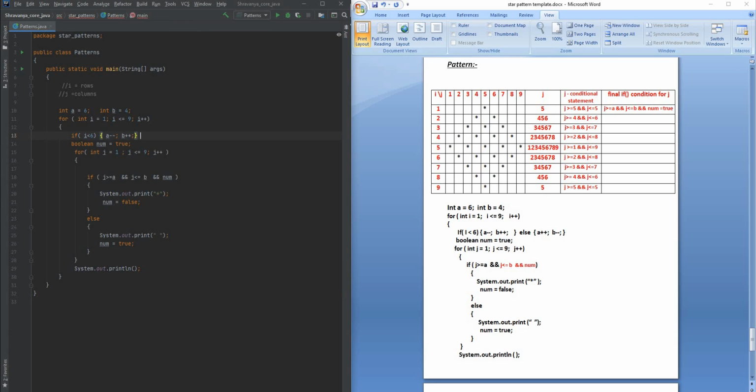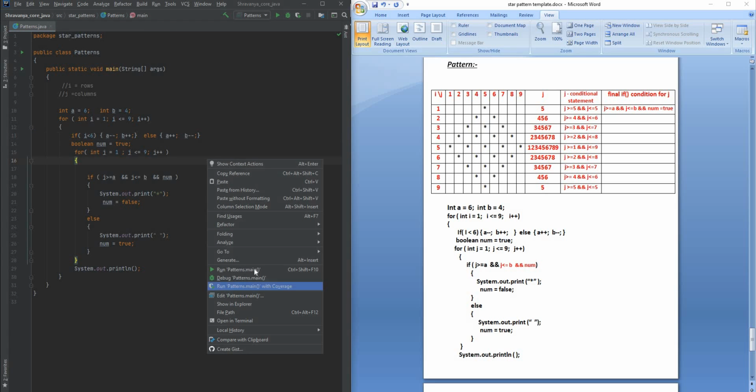These are the two conditions. Or as soon as the I value has reached 6, then it will come to the else part like this, and we are going to increment the value of a and start decrementing the value of b like this. So save the program, let's run it once and check,